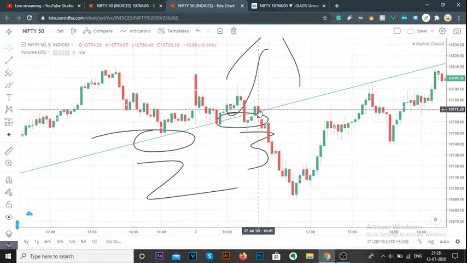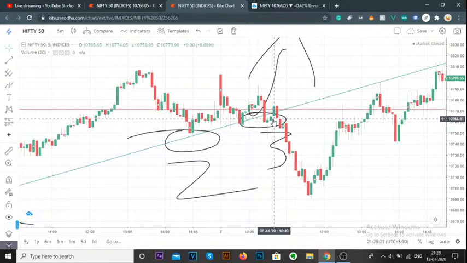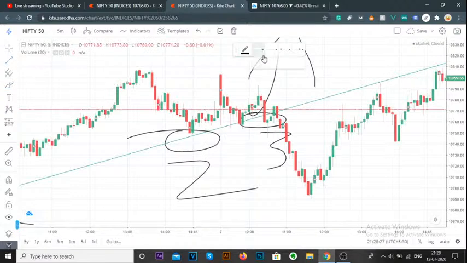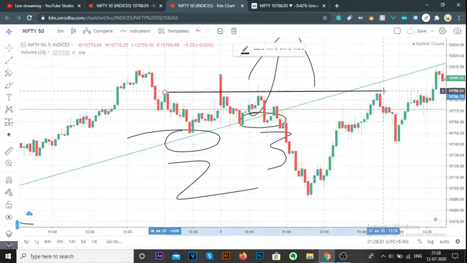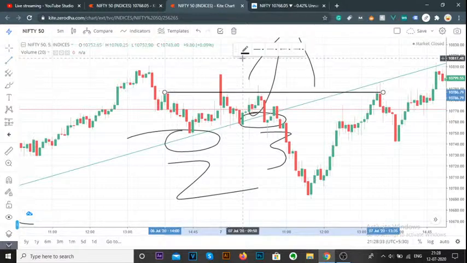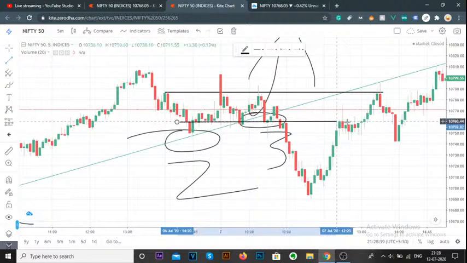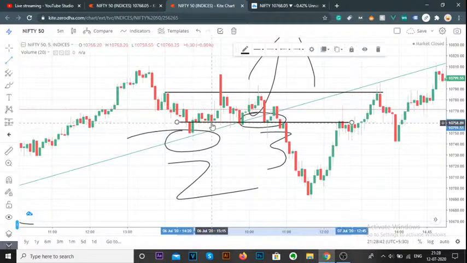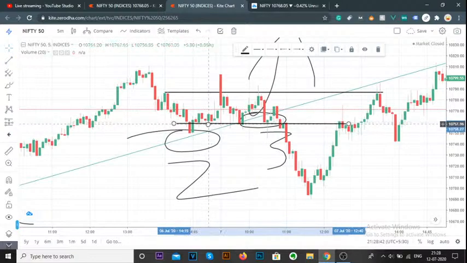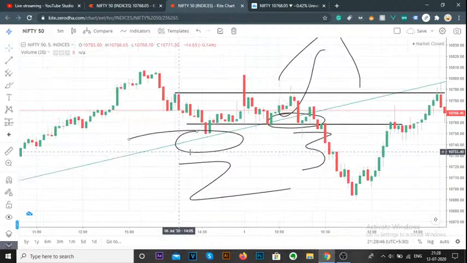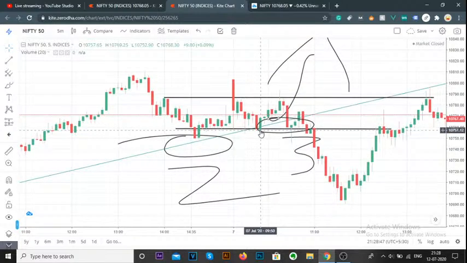Now, when you place your target and stop loss, considering maybe the next resistance, this is going to be my target. And let's say if this is your entry, your previous low should be your stop loss. Okay, considering the trade moments,